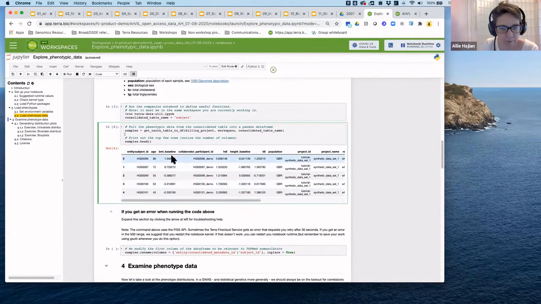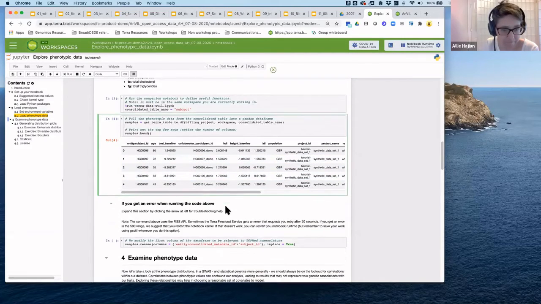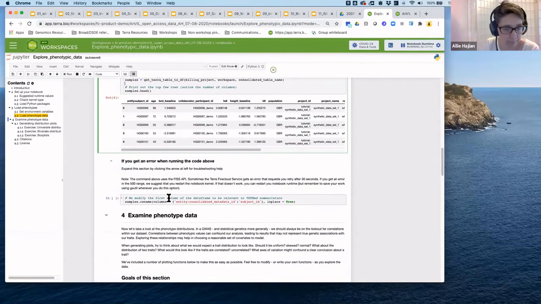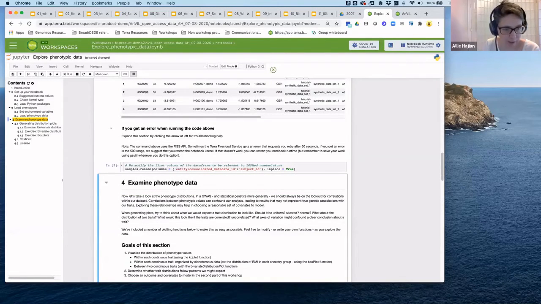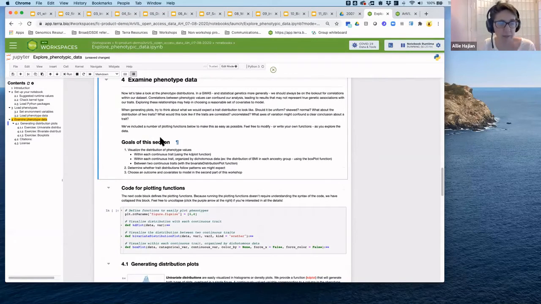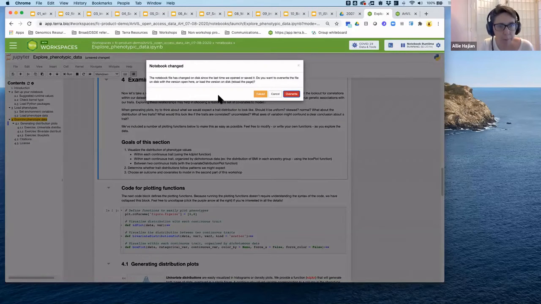So this just tells you that you've imported, if you were to compare with the data table, if you looked at it in the data tab, this should be the same information. This just changes the first column and it will print it out again. And then this is the section that gives you a little bit of an idea of what you can do with an interactive analysis. So there's a lot of documentation, but